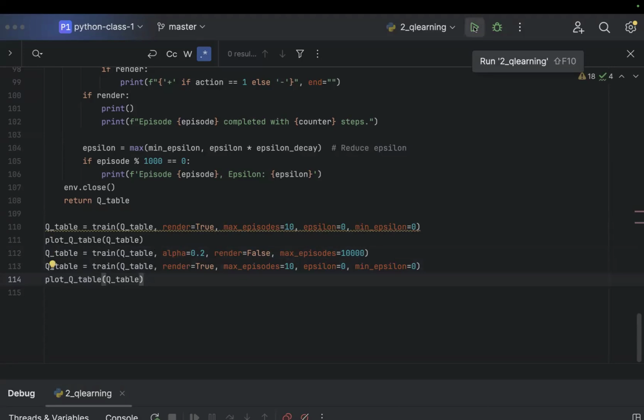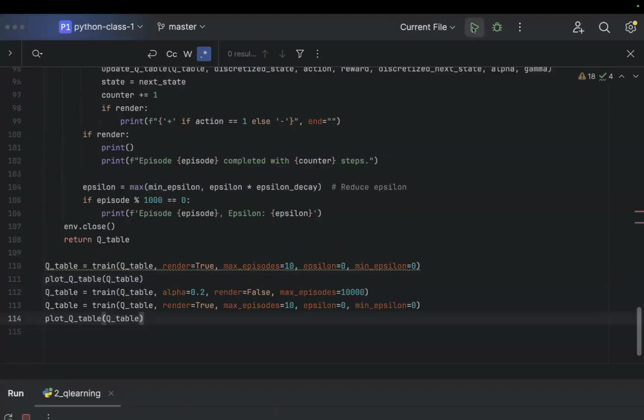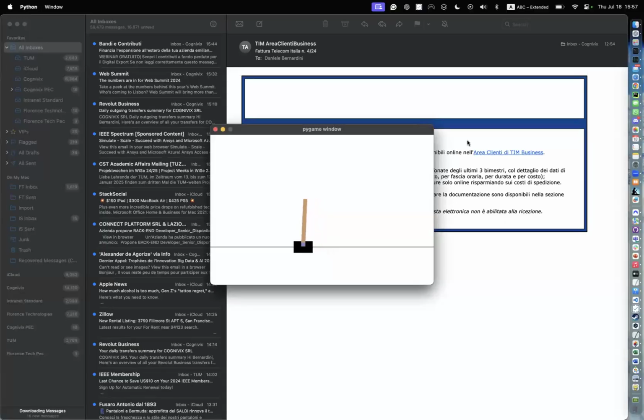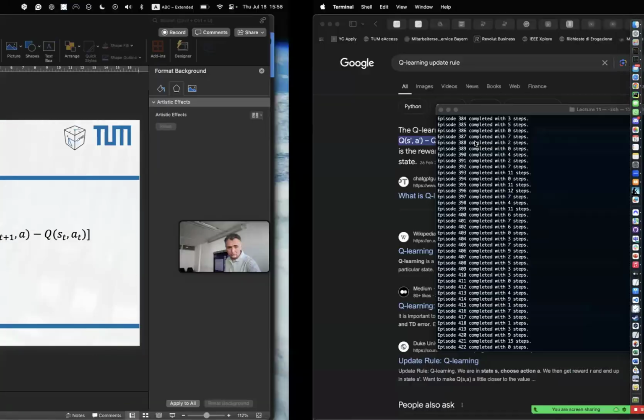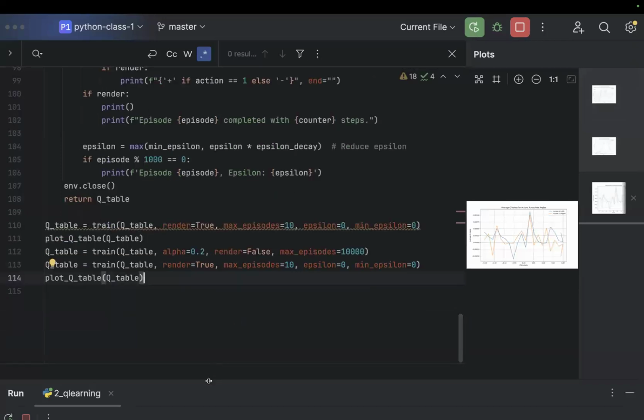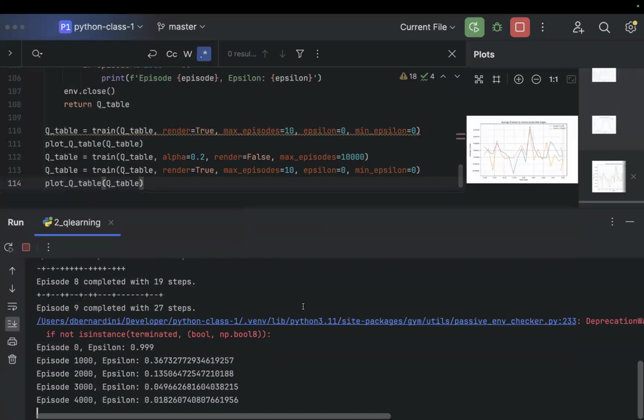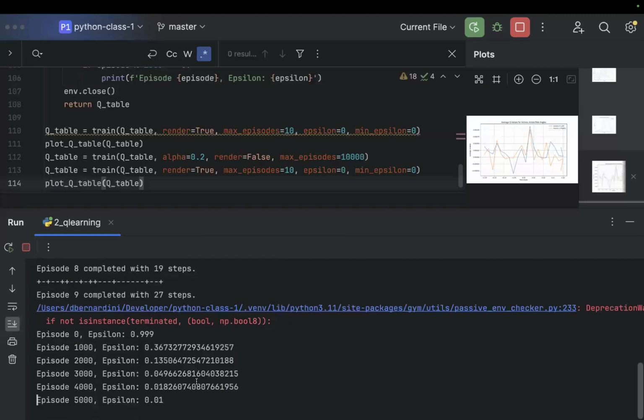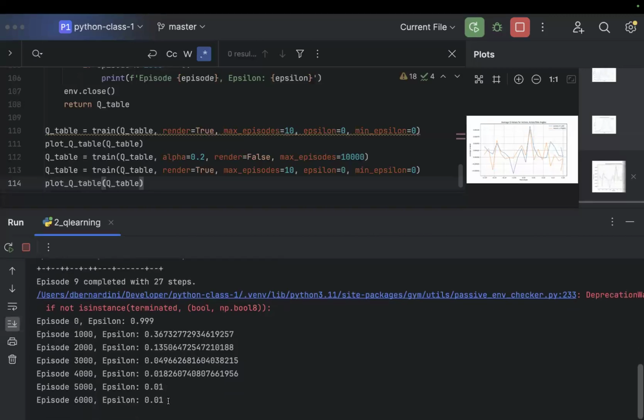Let's run it again because the first time around wasn't actually great. So the first episode, the first agent, is basically failing. You see it's inclining up to 12 degrees and stopping. Now it's learning. The epsilon is going down. It's going down to 0.01 by 5,000 episodes, and then it's learning 1,000 episodes every time, which is quite